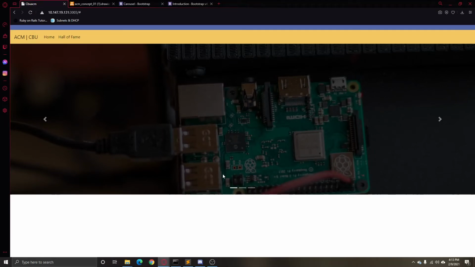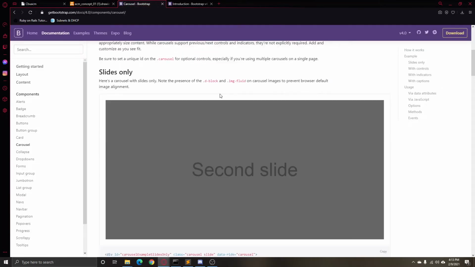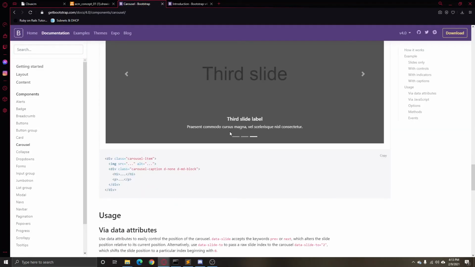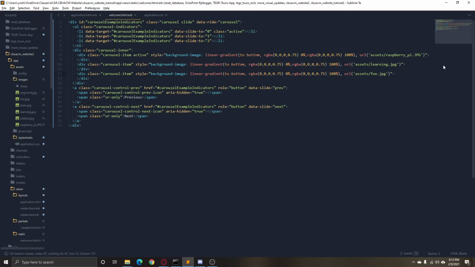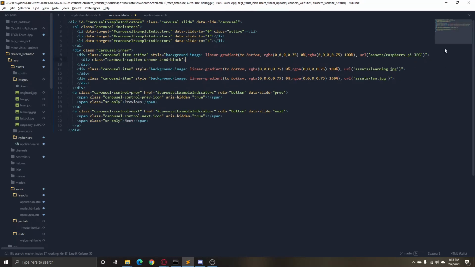And now the last thing that we're going to do is go ahead and add a little section for the text, and you'll see that in the carousel at the very bottom. They just say, go ahead and add that right there, that div line. So we're going to go ahead and in between here add that div line,